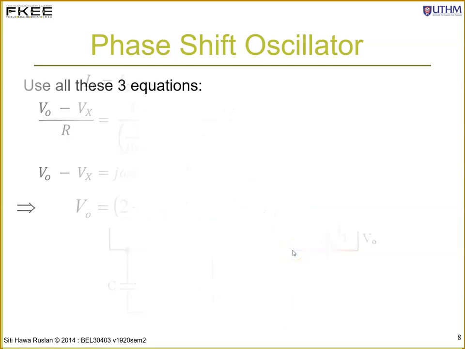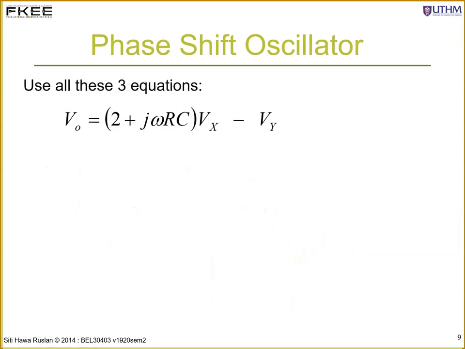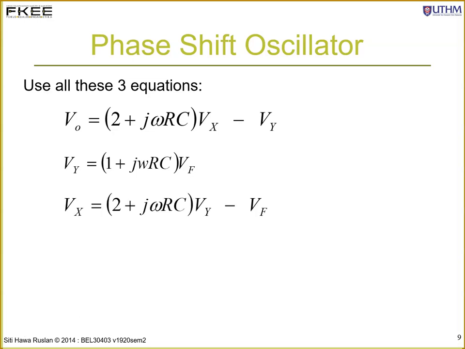So now we have three equations, and using the last equation, which is your Vo just now, Vo equals in bracket 2 plus j omega RC times (Vx minus Vy). Vy equals 1 plus j omega RC times Vf, and another one, Vx equals in bracket 2 plus j omega RC times (Vy minus Vf). Using all these three equations, simplify, substitute Vy into this equation, you have Vf over here, substitute into this, and so on. So you should be able to get the beta, which is Vf over Vo,